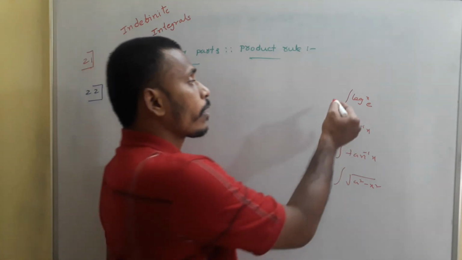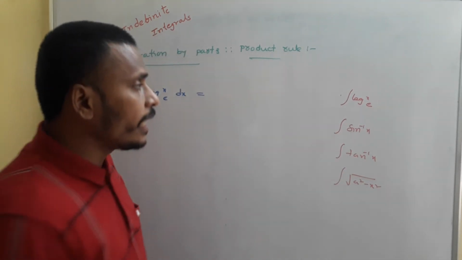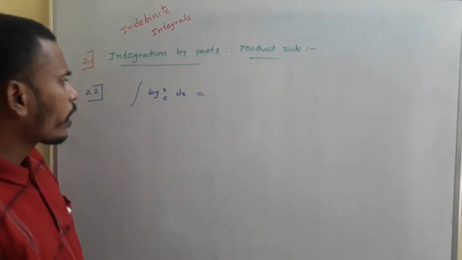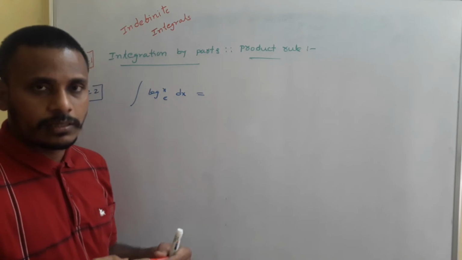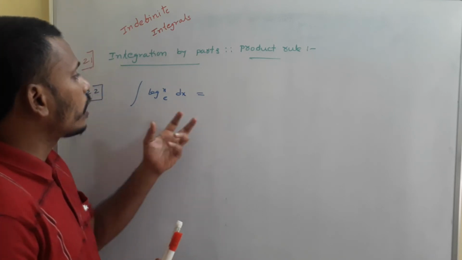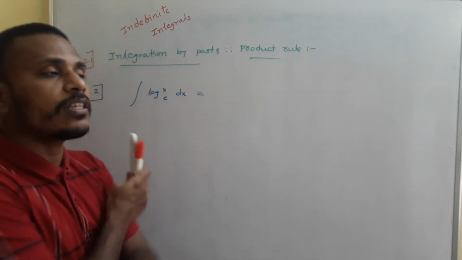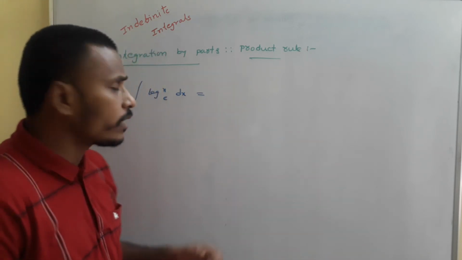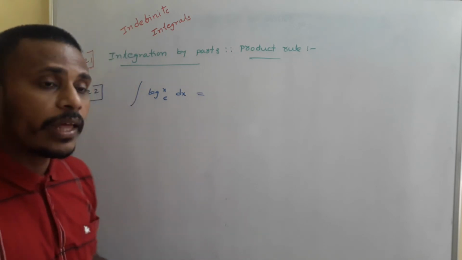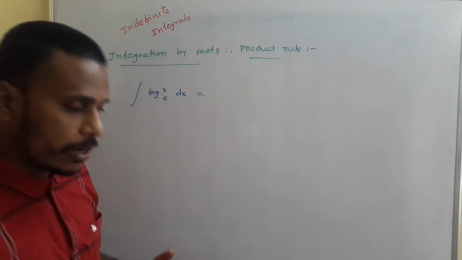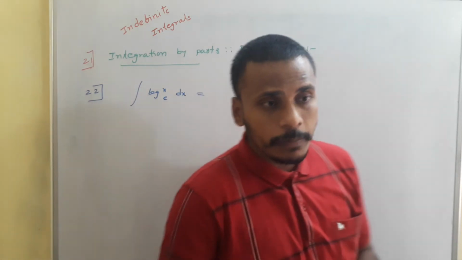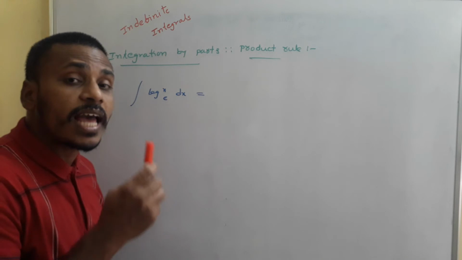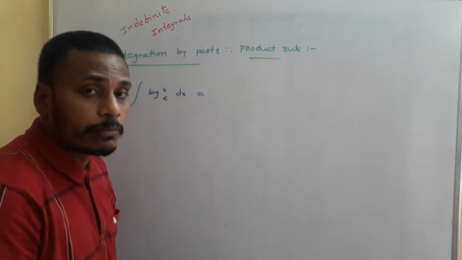First of all I am going to concentrate on finding the integral of log x to the base e dx. As I suggested, we need to use integration by parts, but to use it we need two different functions. When we observe, we have only one function, which is log x to the base e. Then how to apply integration by parts? We need two functions, right? So since we have only one function here, we need to take the other function as 1.